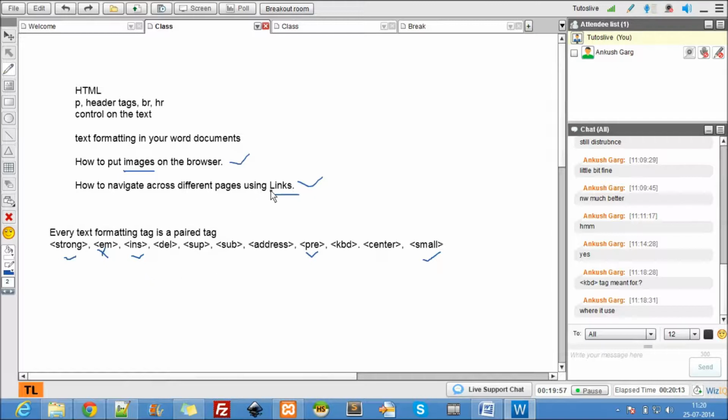As it is. I say as it is, right? As it is, and then compare the files. Where am I going wrong? How come this particular tag is working? So you will get to know a lot of things only while practicing. So that's about the text formatting tags. And shall we go ahead and see the text formatting tags now?